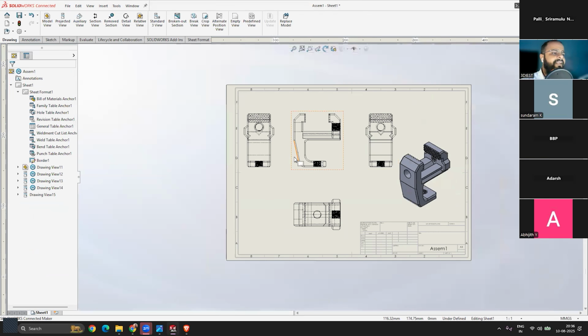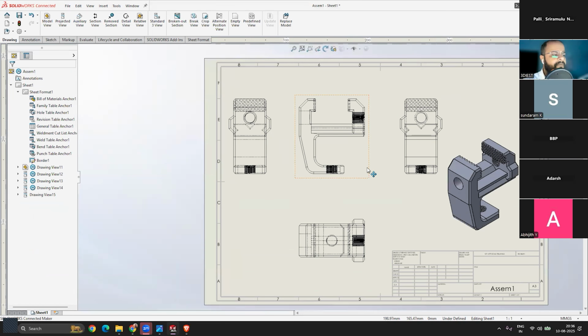So all the time, you have the option to add projected views, different views for your drawings, right? But if you have learned engineering drawing, almost 3 views are enough to define your drawings. Apart from that, you can add some custom views like the section views or detailed views based on the requirements. But 3 views like the front, top and side view are most of the time enough to explain all the details and specifications of your models, right?